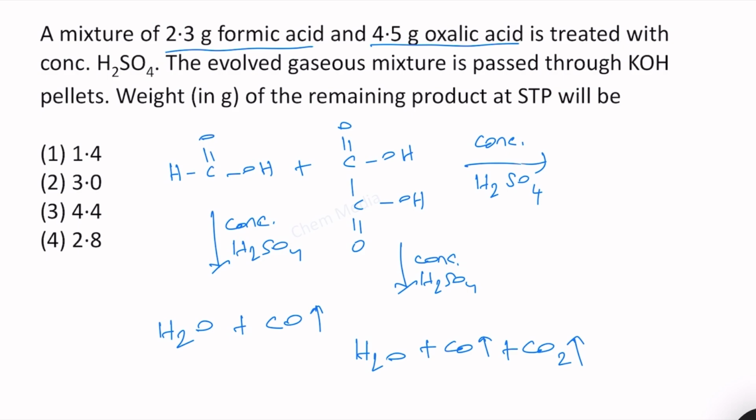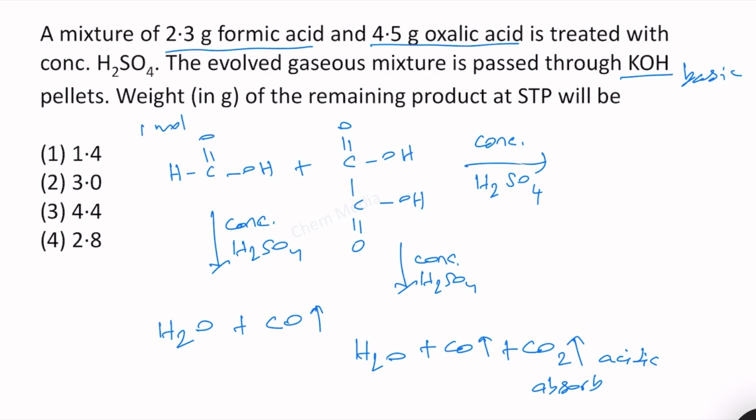They are also saying the evolved gaseous mixture is passed through KOH pellets. KOH is a strong base that can absorb carbon dioxide, because CO2 is acidic in nature and KOH is basic in nature, and therefore KOH will absorb the carbon dioxide. The remaining gas that we have is carbon monoxide alone, and here if you see in terms of stoichiometry,